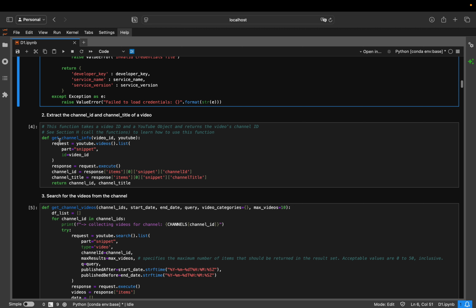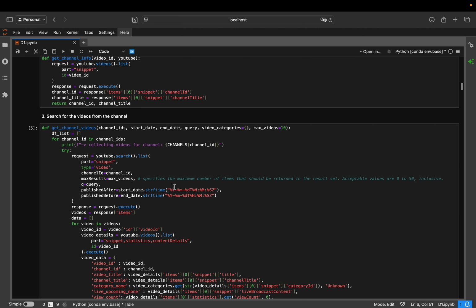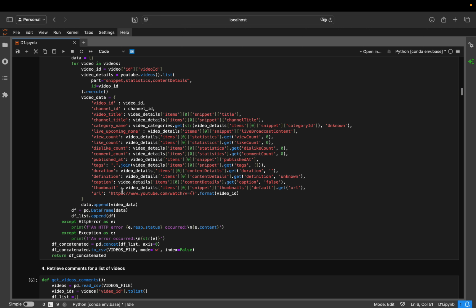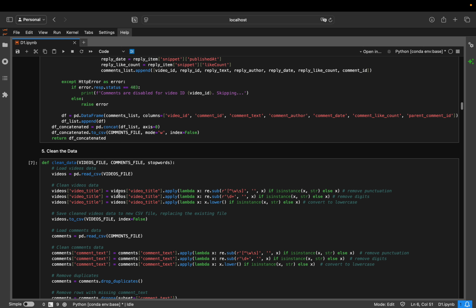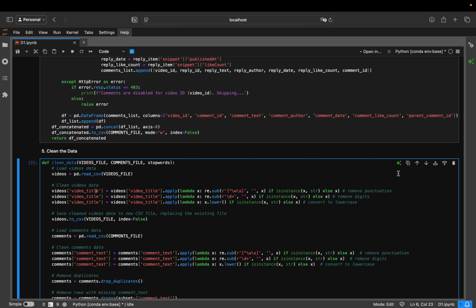This is a function to get general information. This one is for getting general videos, getting the comments for each video, and cleaning the data. What I did here is reformat the video title. I removed the punctuation and the digits, and converted to lowercase to enhance consistency, and converted this to a